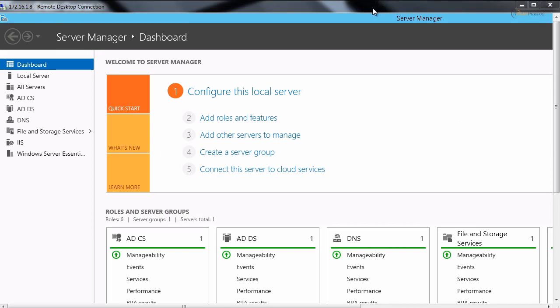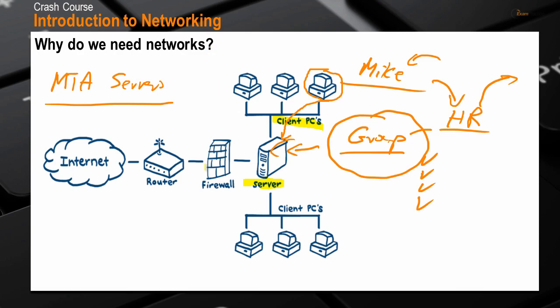I have to show you a real server that is Windows Server 2012. Here you can see a nice dashboard, Server Manager. It's new, it's different. If you think about Windows Server 2008 and 2003, it is better. It allows you to identify any issues straight away. Let's try and identify some network devices. Yes, we have a firewall and a router.